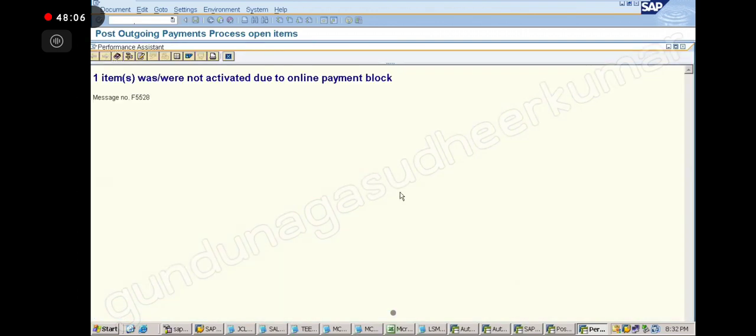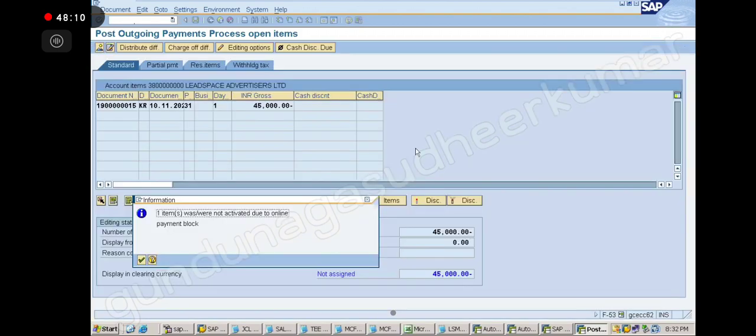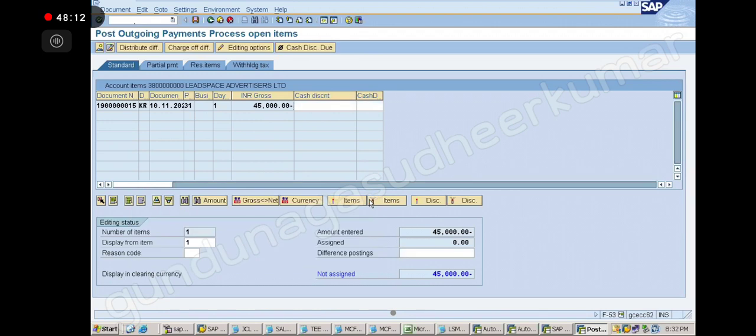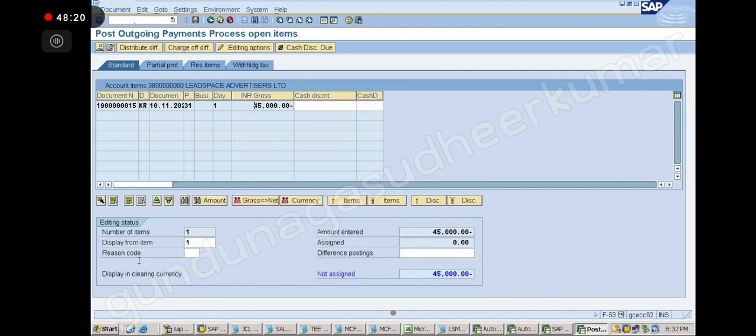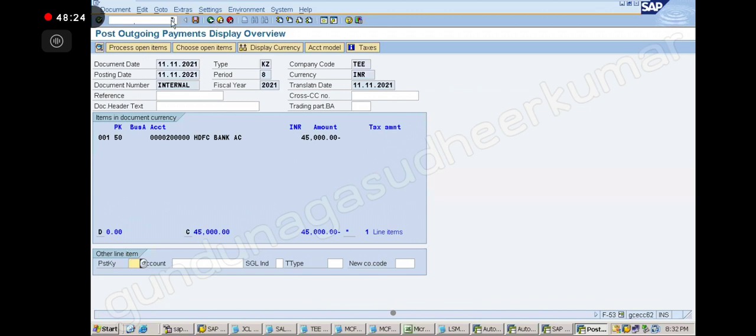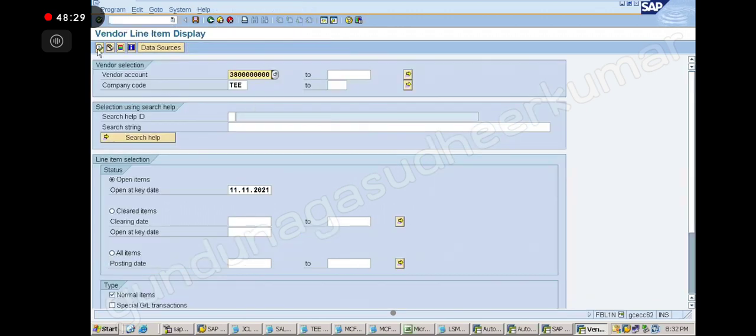Clear, sir. Yes. So this you cannot make the payment. It will not go, and it will not come onto APP also. Yes, of course. This is blue. It is not able to select it. But it will show in the open item, correct? Because we have not paid it. It will show in the open item.